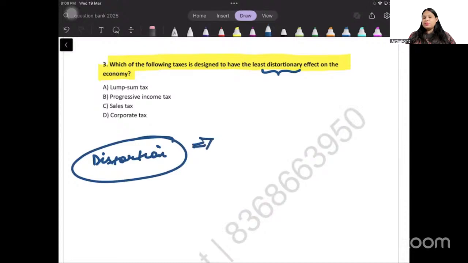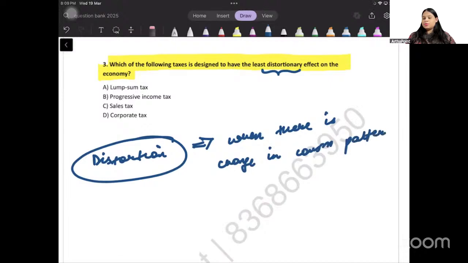Distortion is when there is change in consumption pattern of consumer. When there is change in consumption pattern of consumer, माने suppose for example